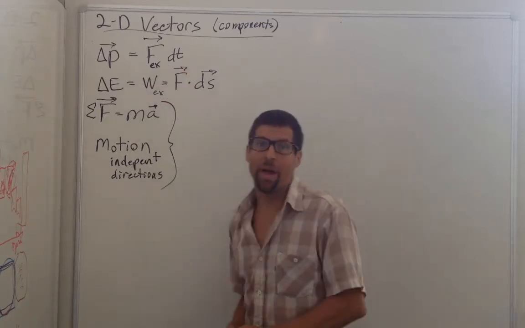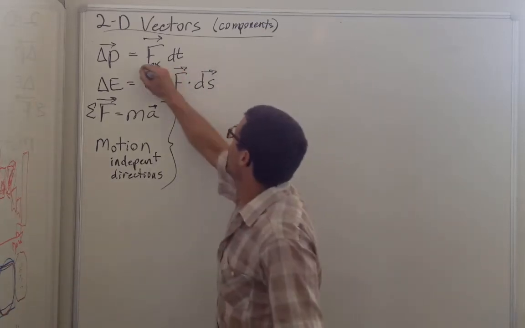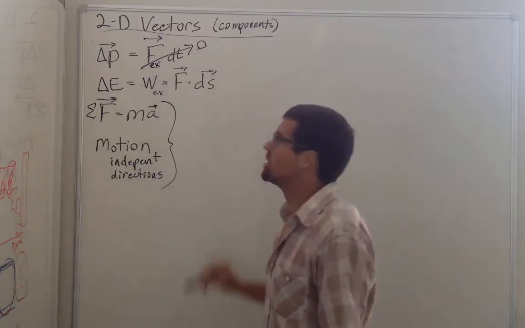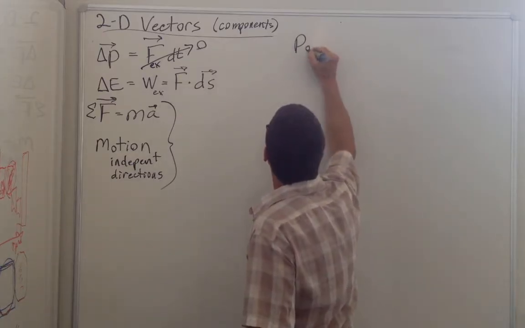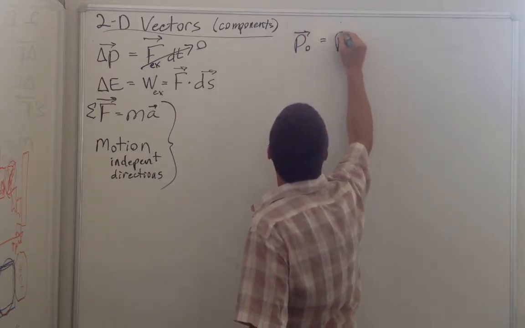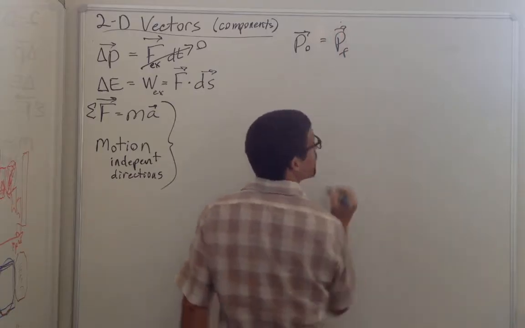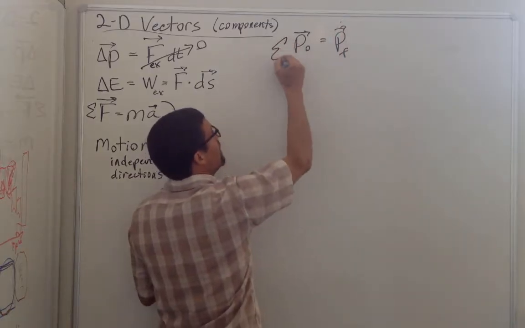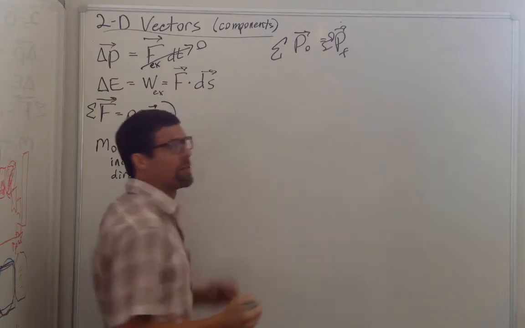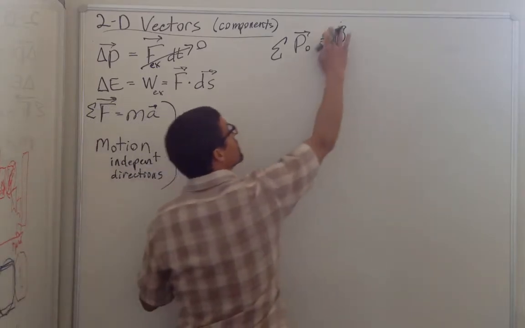So in conserving momentum, when do we conserve momentum? When there's no external forces. That means the initial momentum must be equal to the final momentum. Or if there's more particles than one, the sum of the initial momentum must be equal to the vector sum